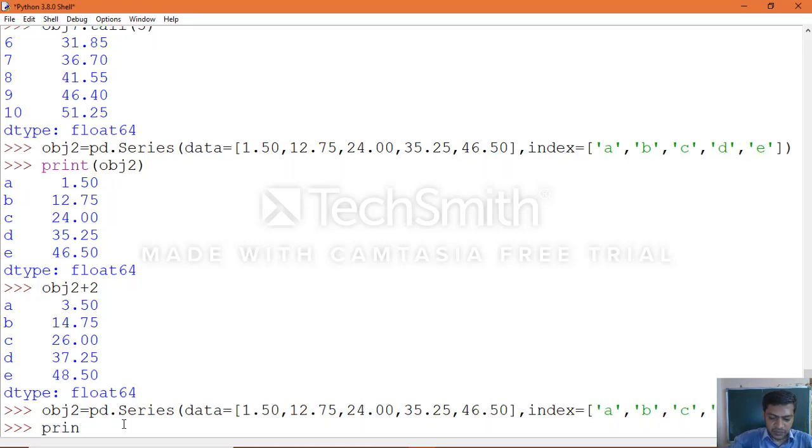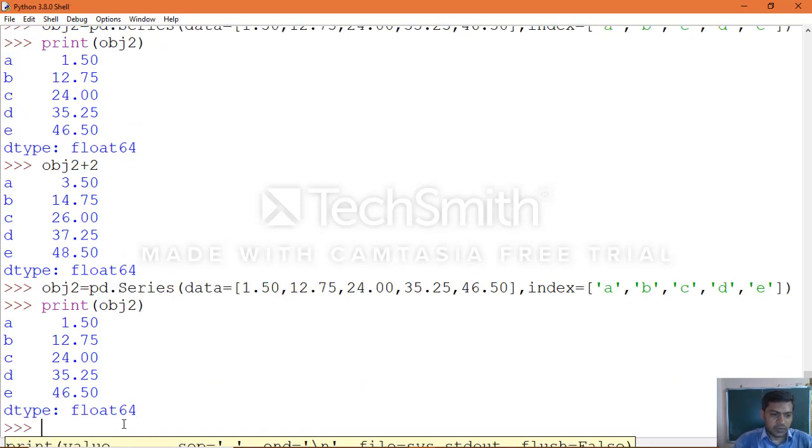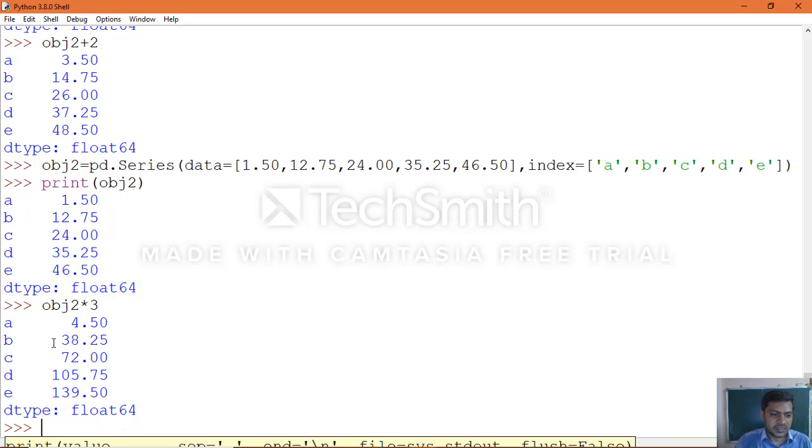Now print obj2 again and apply the multiplication. See the changes: 1.5 is multiplied by 3, giving 4.5. In the same manner all the values change.